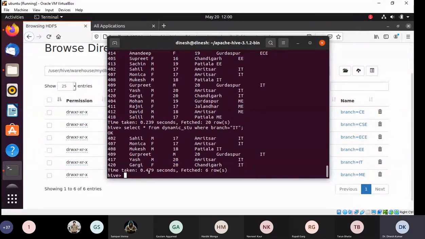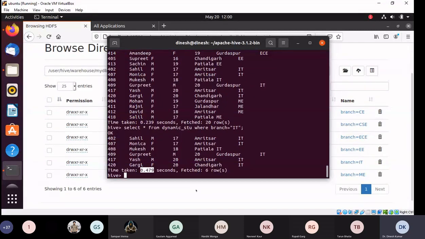Fine. So that is what I would like to show you, the different kinds of partitioning. In the case of static partitioning, we have to manually tell Hive to create this partition on this ID, create this partition on this particular ID. But when we go into dynamic partitioning, we just have to give the column name. Fine. If I go back here,